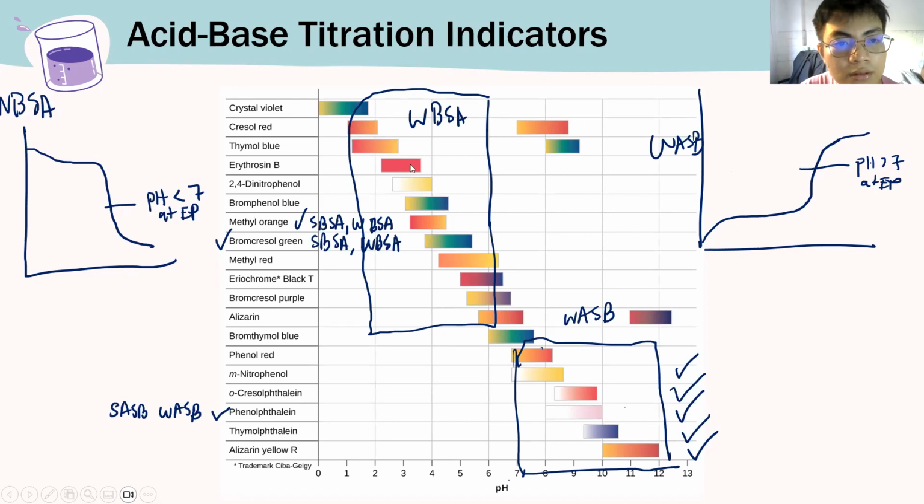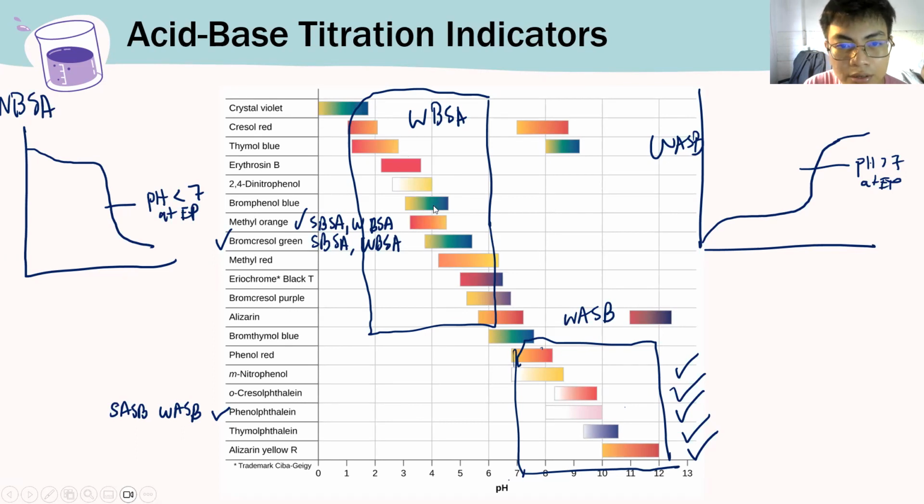Similar to the strong base strong acid, no, or the weak base strong acid titration. You don't want an indicator that will change color dito. Kunwari pH 9, nag-phenolphthalein ka. Strong base strong acid. Ang post equivalence andito sa left side, no? So puro clear na yan, di mo na ma-distinguish kung lumagpas ka na talaga, no? So you might want to choose somewhere banda dito sa region na to para alam mo na nakapag-post na, iba